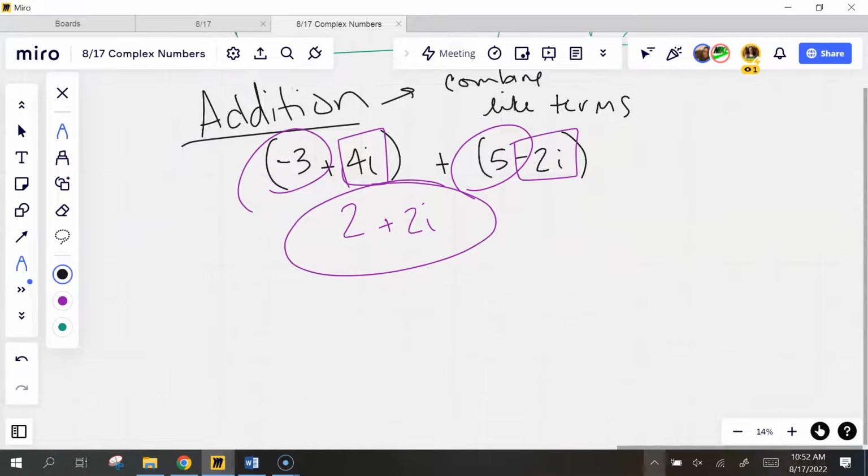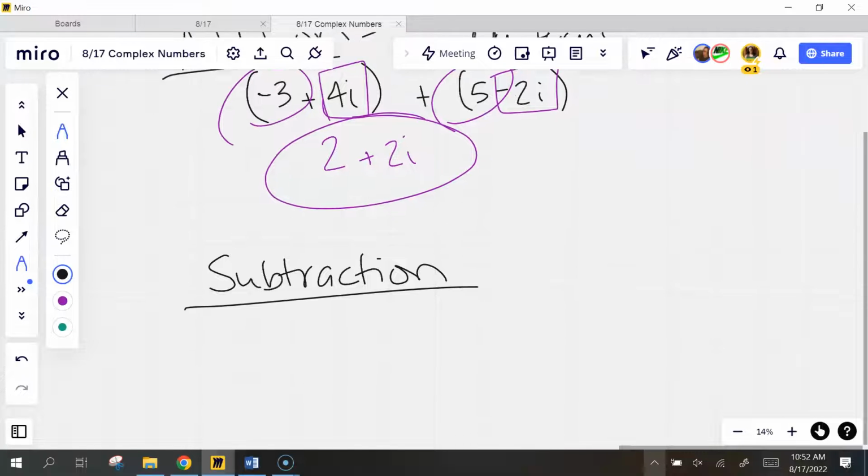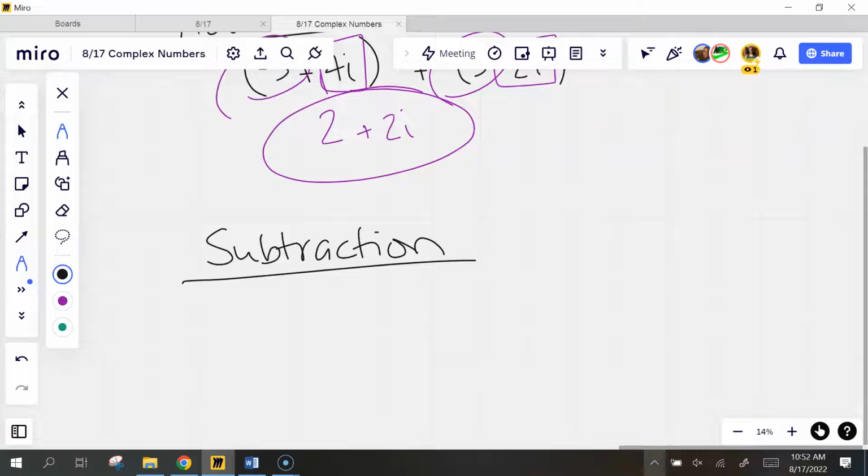Subtraction's going to be almost as easy. That's it. Don't make it anything that it's not. Combine like terms. Okay, subtraction. Dozier, give me a complex number. -3 minus 4i. Sully, give me one. Minus